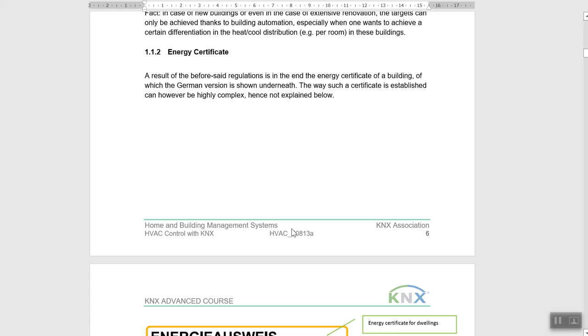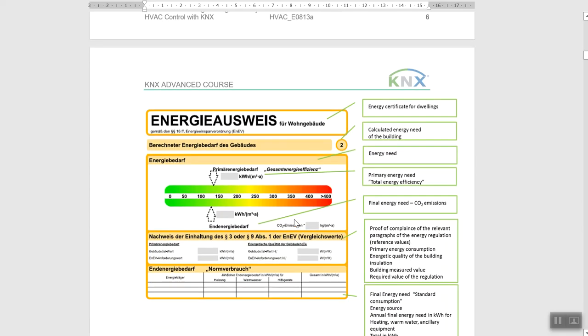Also, we should take care of the energy certificate, where the BMS can help us upgrade the energy usage level of the building. As a result of the building regulation, there is an energy certificate of a building, of which the German version is shown underneath. The way such a certificate is established can however be highly complex, hence it is not explained below. You should just know that